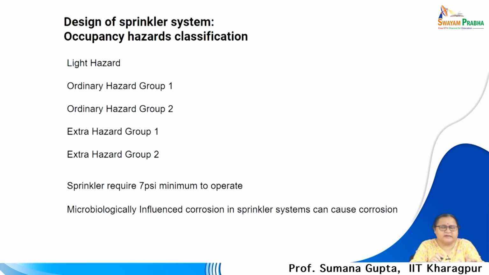Now, you see here you have different kinds of hazards. As I told you, not for all hazards do you have to put a sprinkler system of the same spacing. So, light hazard, ordinary hazard group 1, group 2, extra hazard group 1, group 2 are the 5 categories categorized in the NFPA. A sprinkler at the point requires 7 psi of minimum pressure to operate,